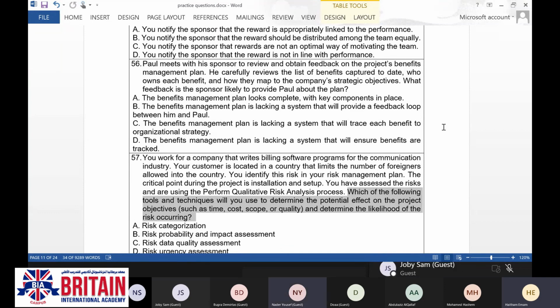Because you need to determine the likelihood of the risk occurring. I remember in the lecture we were talking about this assessment as likelihood multiplied by severity. Yes. So when we talk about the potential impact on the project and determine the likelihood, then we are talking about risk probability and impact assessment.